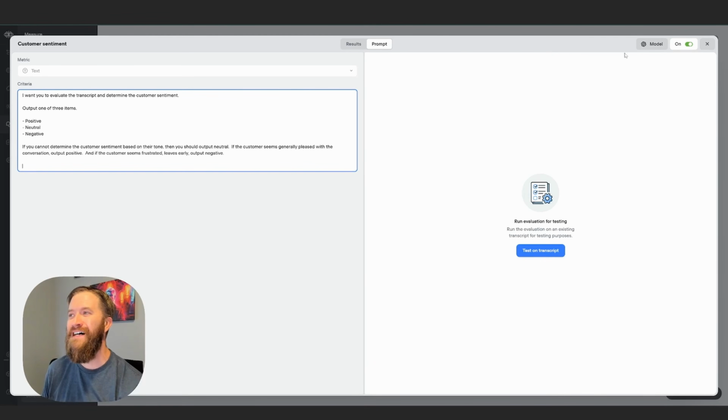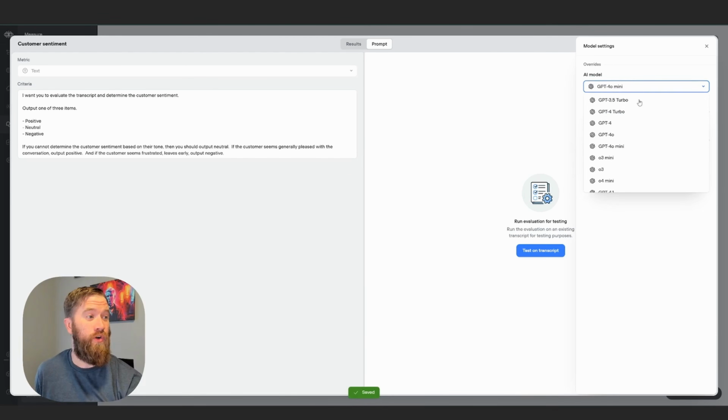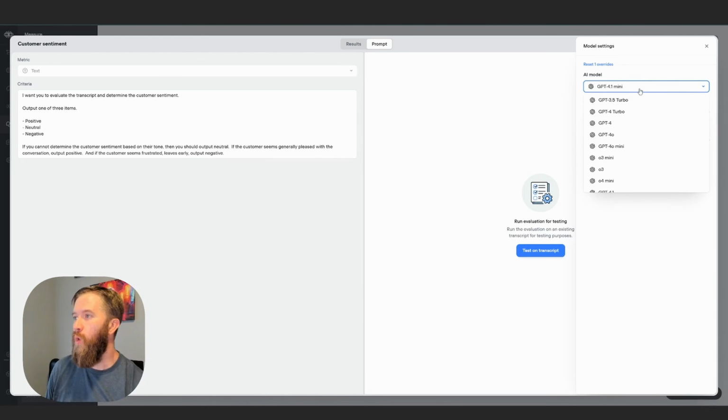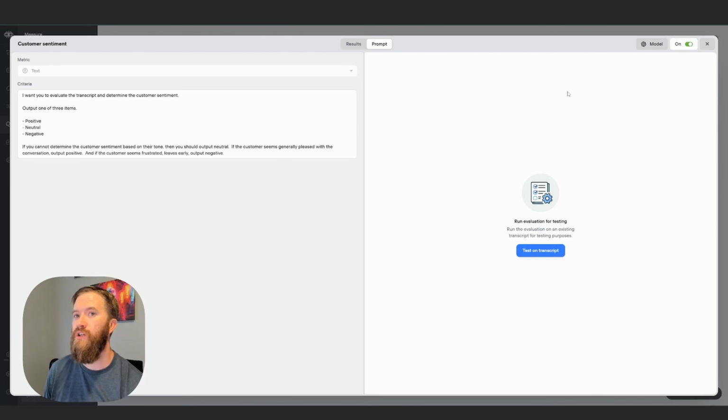But maybe it's 4.0 mini. I forgot. I normally switch this to 4.1 mini. Let's say I switched the model. Let's say I wanted 4.1 or 4.0 or Claude 4 Sonnet, and I wanted to use a bunch of tokens on this because I really need the accuracy to be high. When you go in and make this adjustment,